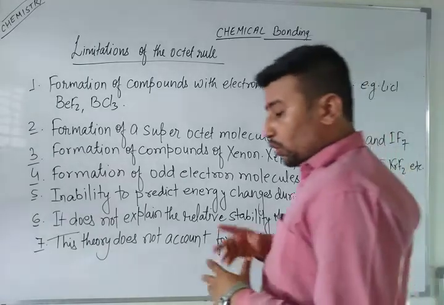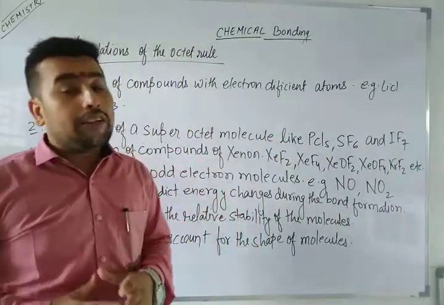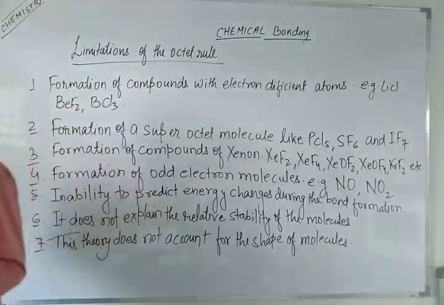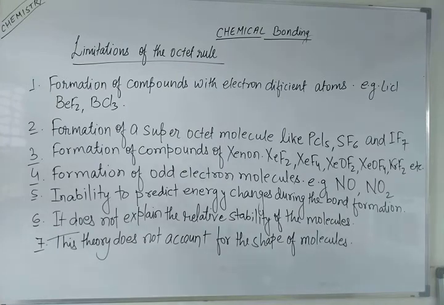Now, what were the limitations of this Lewis octet rule? You can write all the limitations, and I'm explaining, so just listen also. While writing, you must focus on listening. First of all, why was there a limitation? The octet rule is very useful for understanding the structure of most organic compounds, and it is applicable mainly to second period elements of the periodic table. This rule is quite useful, but it is not universal enough to explain many structures. So there are some limitations of this octet rule.